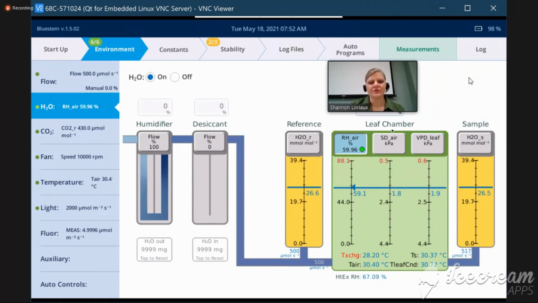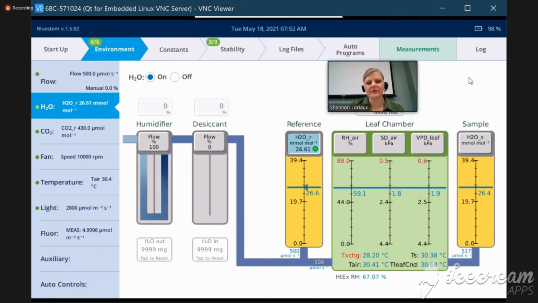So you can control your water vapor based on any one of these buttons. If rather than controlling on relative humidity in the leaf chamber, maybe you wanted to control based on the incoming water mole fraction, you could switch and tap the top of that rectangle, and you are now in water reference